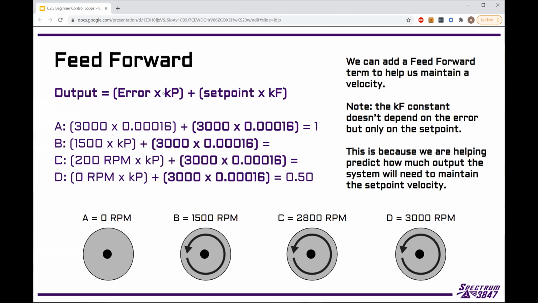And so we can plug everything in to our setup, and we can start figuring out, we figured out what KF was, we need to figure out what KP is. If we wanted this to equal 1, it ends up being that this KP and KF are the same here because they're both 3000. They wouldn't have to work out that way. And for this setup, you'll see that it doesn't quite work out that way when we actually tune it, because a lot of times our numbers are going to change from our kind of base calculations,